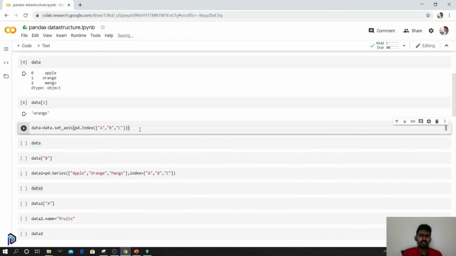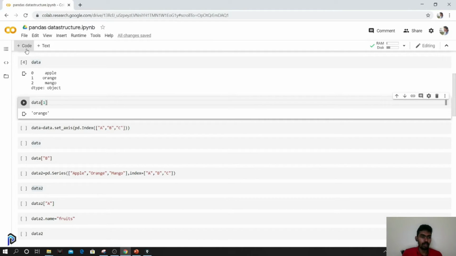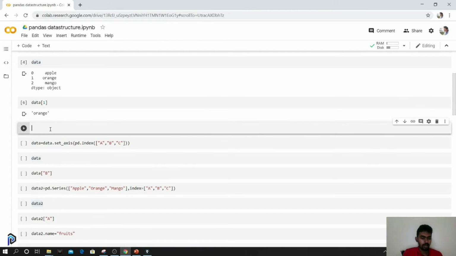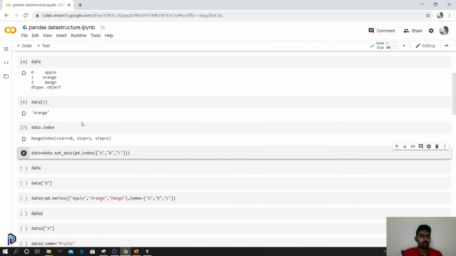We can also set an index. 0, 1 and 2 is the range that comes by default. If I print data.index, a default range is created, 0 to 3, so 0, 1 and 2 are the range. I can assign my own index.